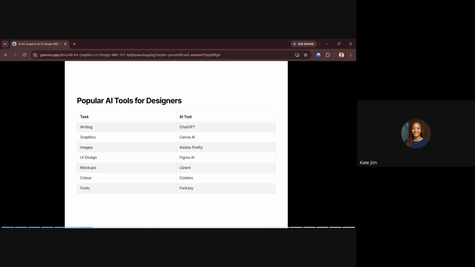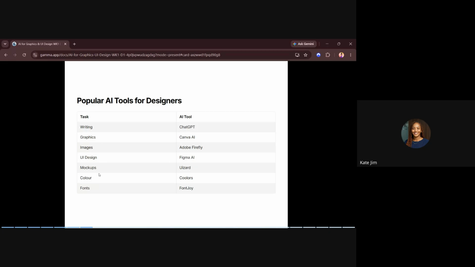Then mockups, if you want mockups, you can use Wizard too. Wizard is used for UI design too, but it displays most things as mockups. You can't have like the editable one, I think, until you pay for it. I usually use Wizard for ideation. Maybe I just want to have a concept. Maybe if I've never worked on a platform before, say maybe an agricultural website or an agricultural app, and I want to know how the system is, I can just use Wizard to generate it, to understand how the user flow is.